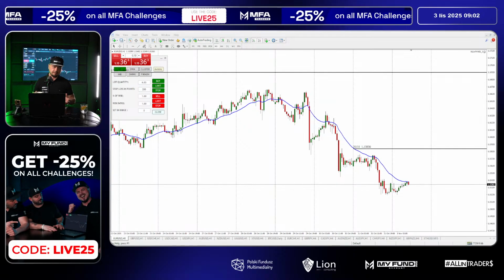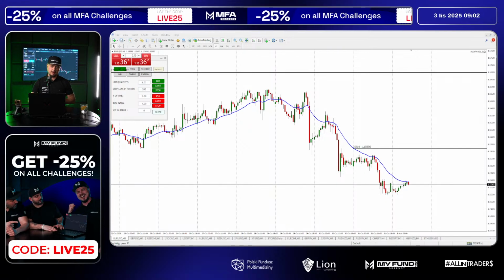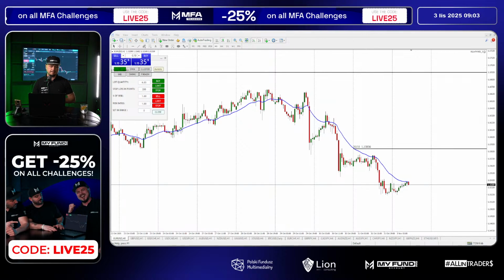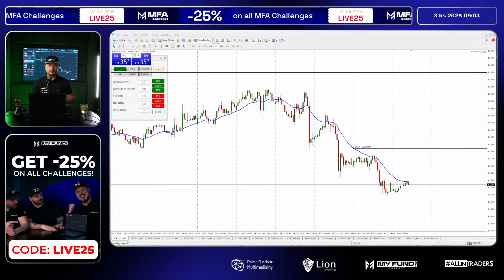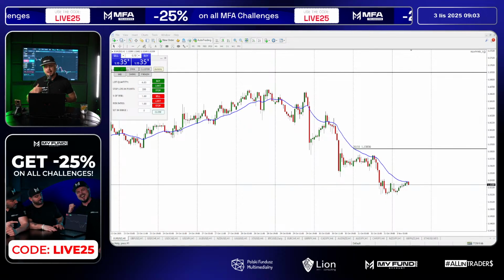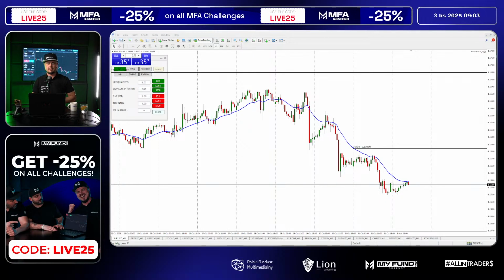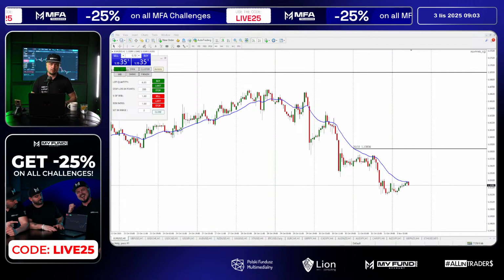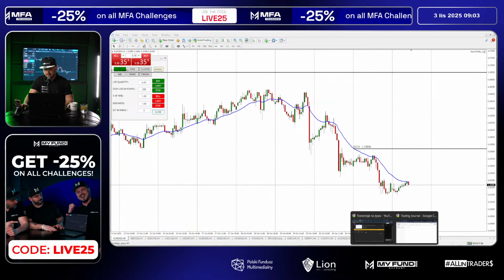First things first, before every single session, we need to check the macroeconomic calendar. Why is it important? Because if you won't check it, you might lose your account, funded challenge account. You might hit a huge loss because of news, because after some news we got high volatility on the market and we can see big price movements and that can lead to losses. So we don't want to do that.